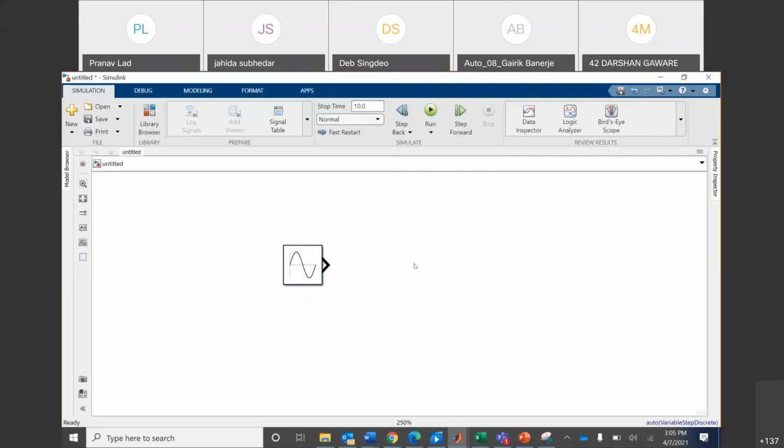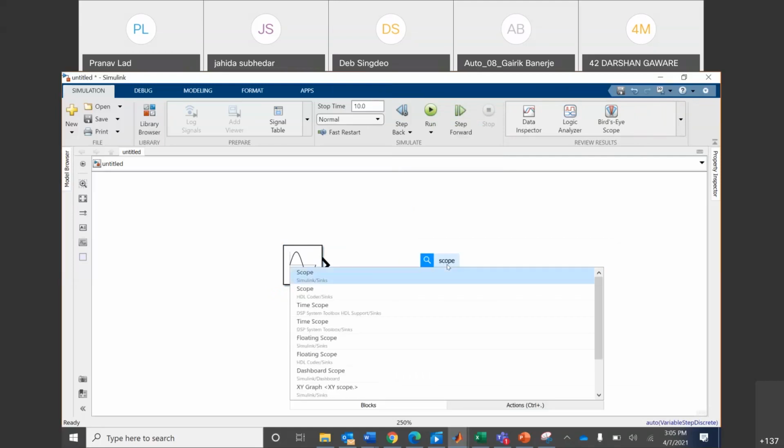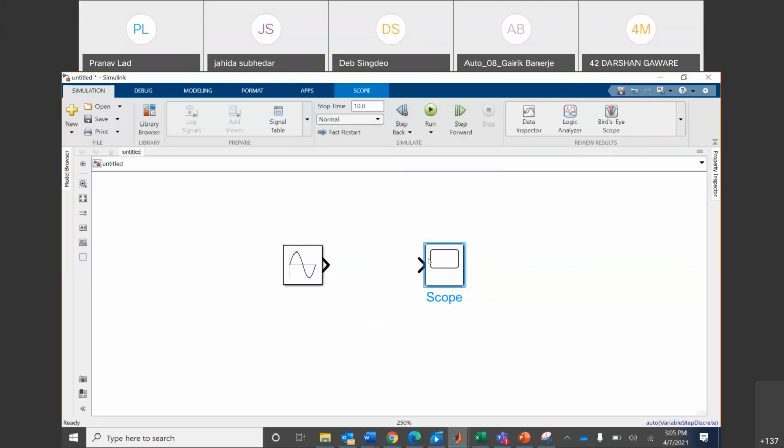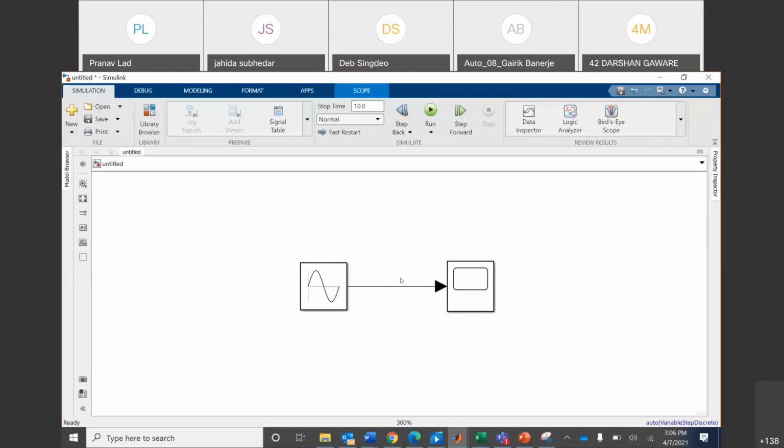Click OK. Now here I probably do not want to display the value because it's continuously time varying. So it's better if I see its graph over here, right? So instead of display, I can use another block known as scope, which is very similar to the oscilloscope that you might have used in any of your labs, right? So now if I run it and double click it, it opens up, and let us see how this looks.